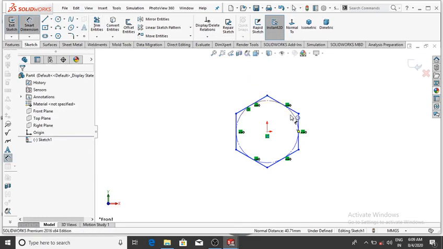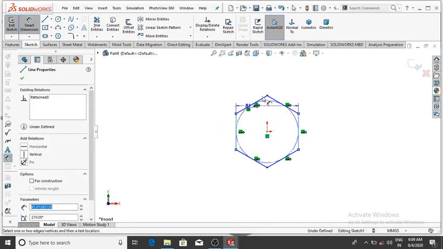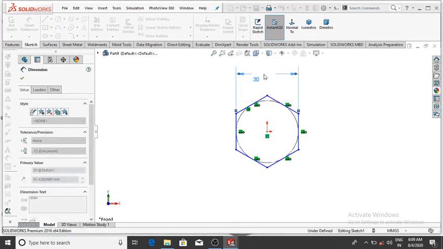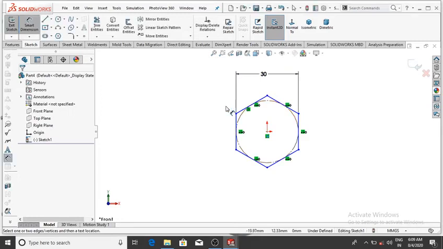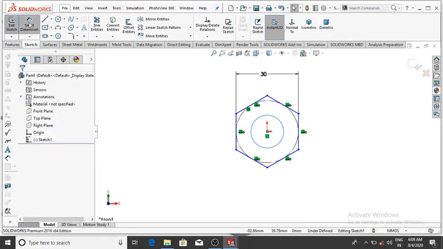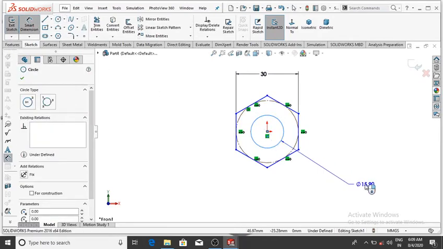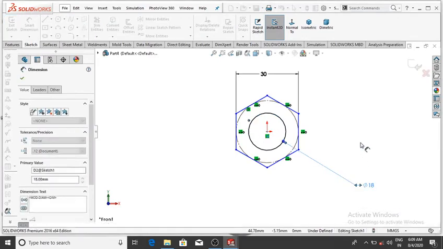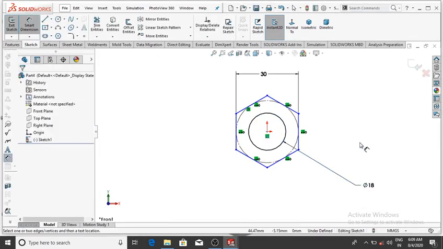Select a smart dimension, select this line and this line, the gap will be 30 mm, then OK, and make the circle of 18 mm. So select and go to the smart dimension and make it 18 mm, then OK, and extrude up to 15 mm from the mid plane.